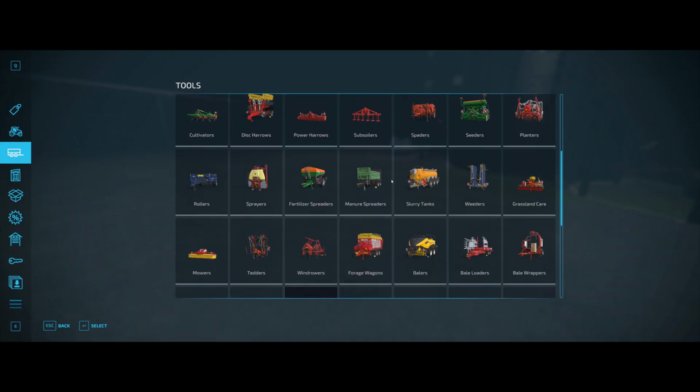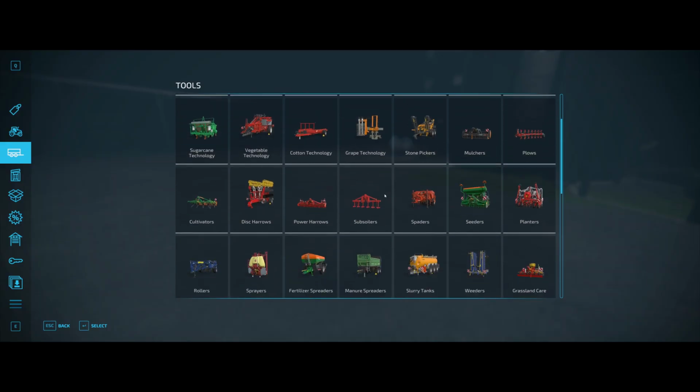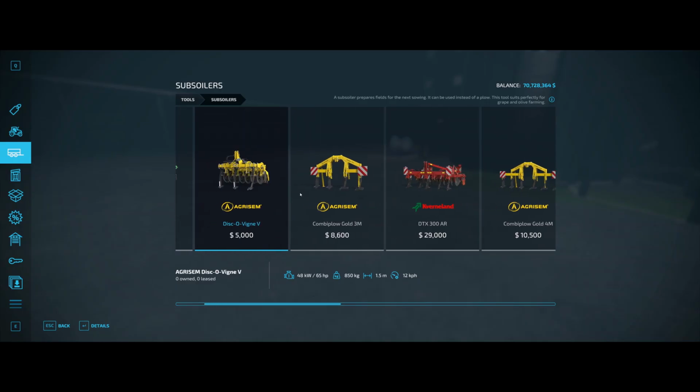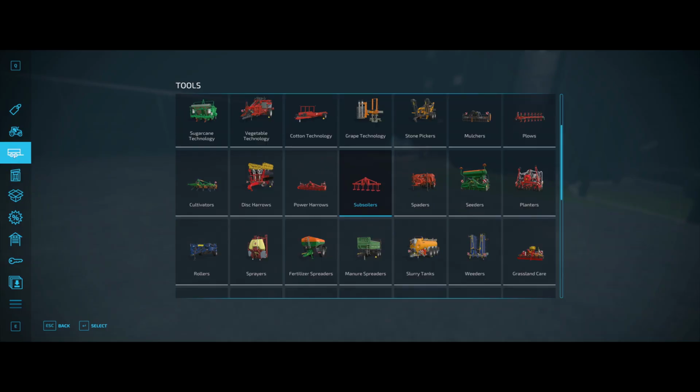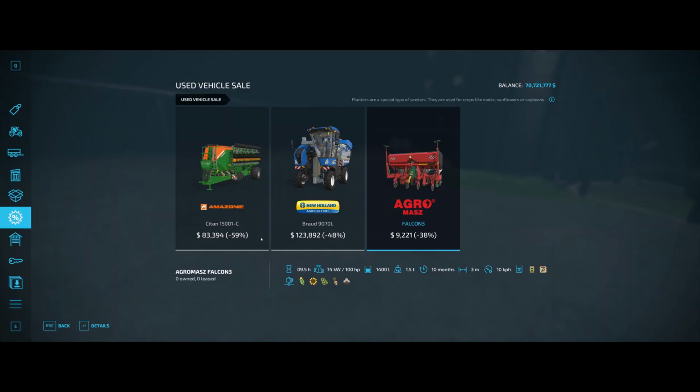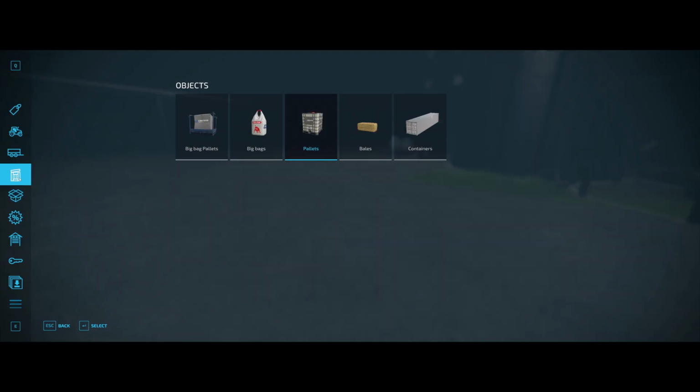And for the plow, we do have these subsoilers that we can use for grapes. But not sure if they will prevent weed from growing or not. So I would definitely like to use the plow instead of the subsoiler. So I will purchase this as well, because this will get refreshed once I forward to April,